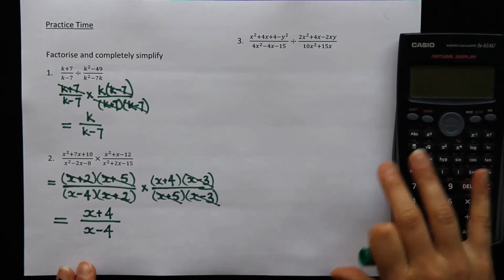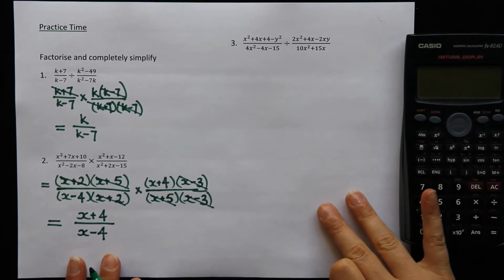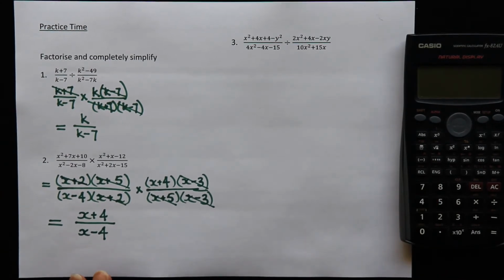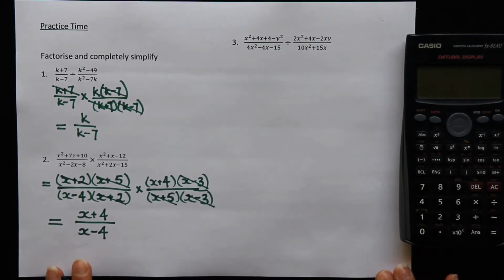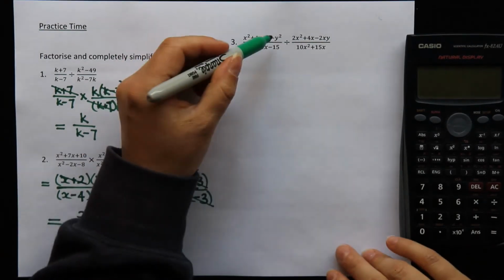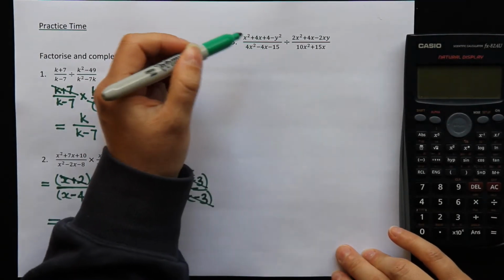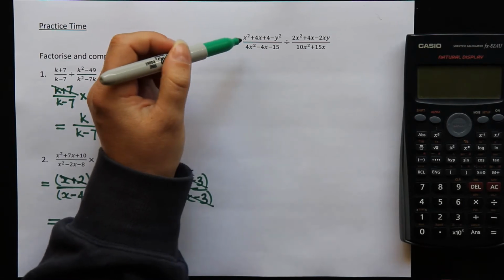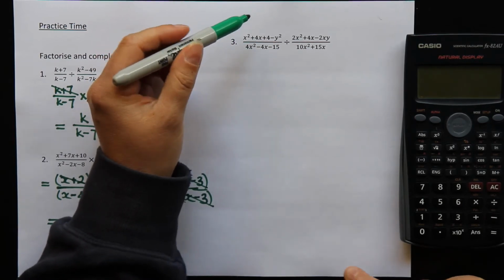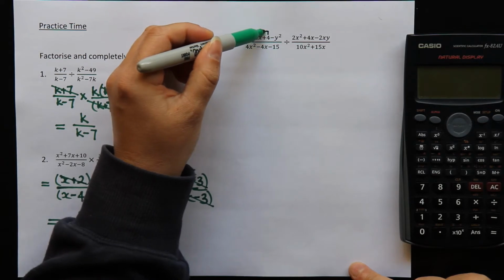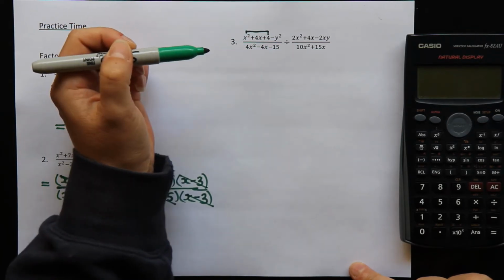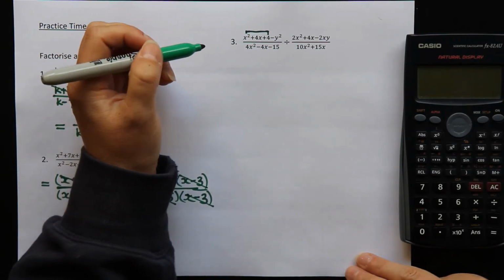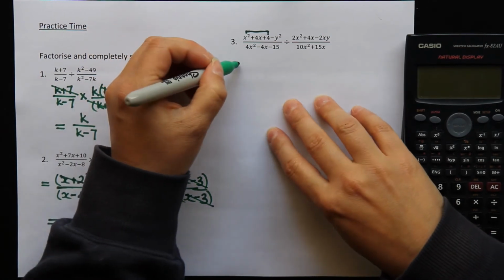Alright, question 3 here is quite a tricky one. If you get this one without any help, you are doing really well with this. Okay, to factorise the top here, we have 4 terms, so normally you'd be thinking of factorising by grouping in pairs. But what you actually need to do is take these first 3 terms here and factorise that trinomial. So that is actually